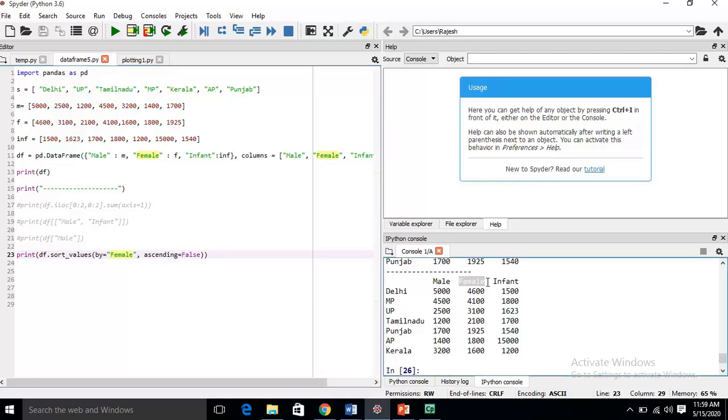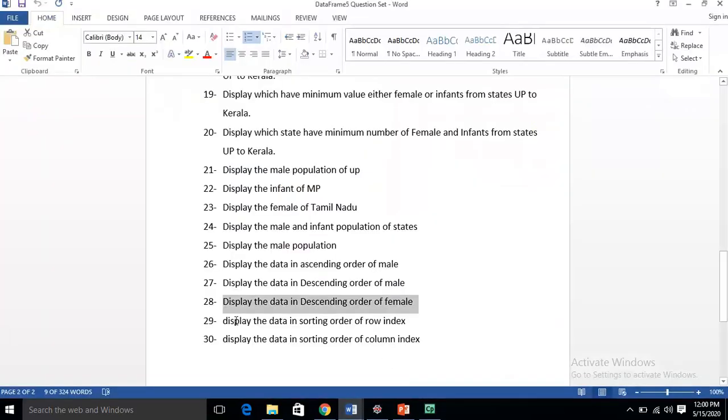If ascending order is required, for ascending order you simply write true, then F5. This is in ascending order of female. Is it okay? For ascending order, you must write true. Yes, we are moving to our next question.